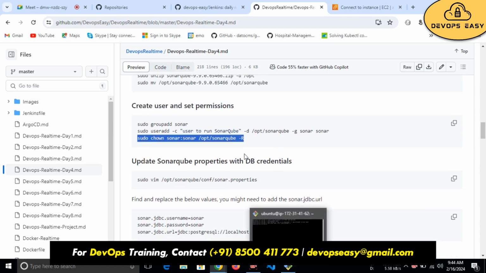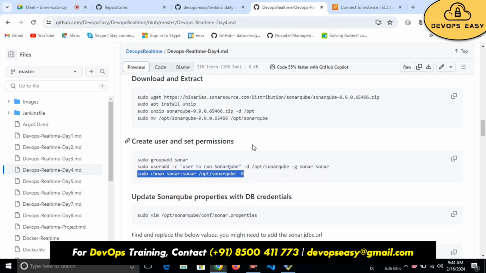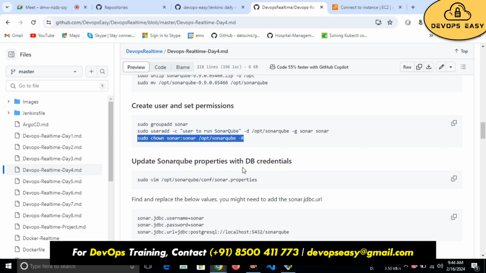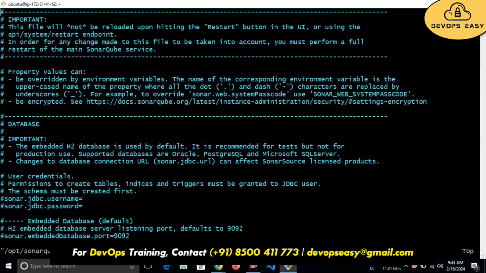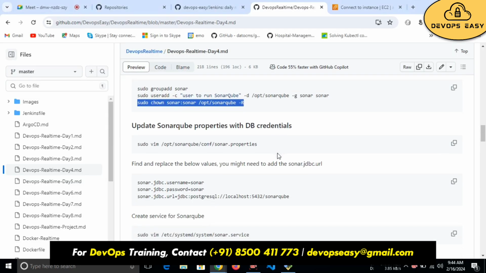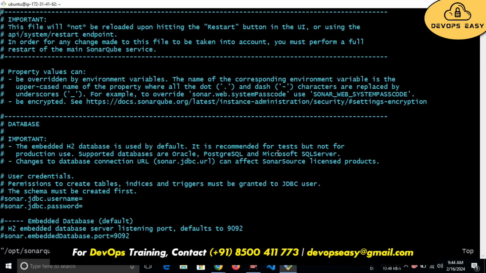Then after I have created the user and given permissions, I've added a group called Sonar. Then I've added a user called Sonar. I'm giving the ownership. What is chown? What is useradd? I already uploaded a video on the Linux tutorial. You can go and see how to create a user in Linux. There I have explained what this user is. Okay, then